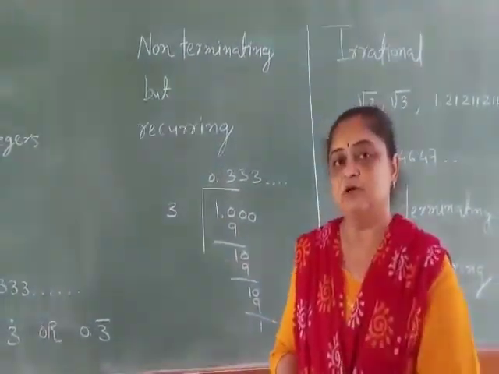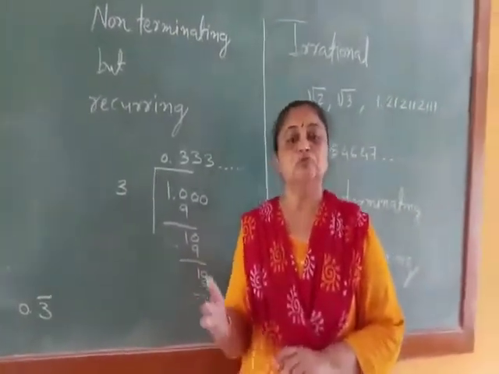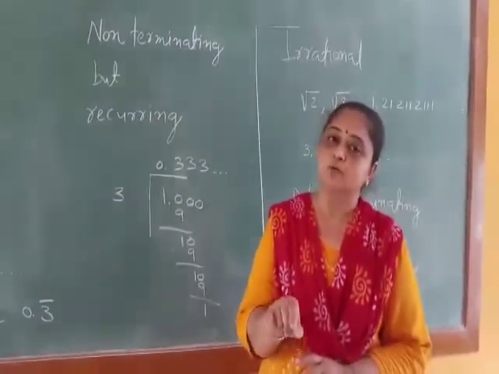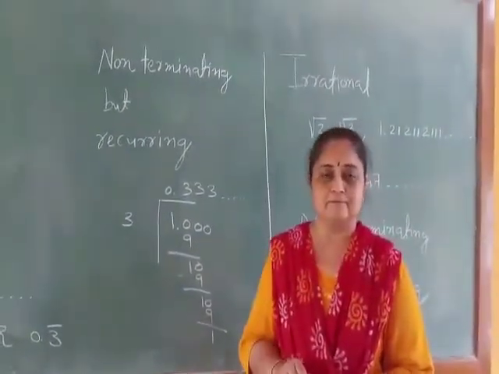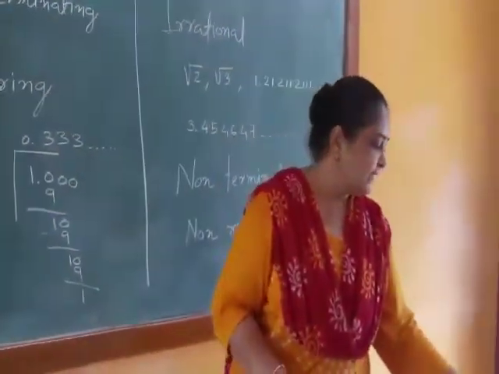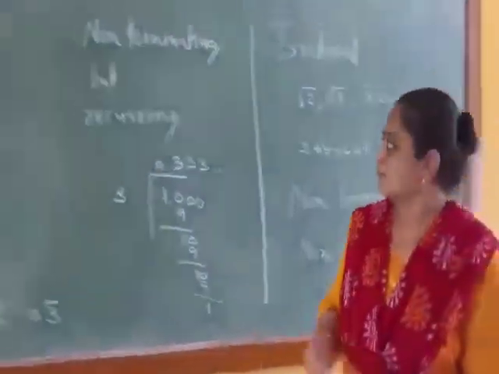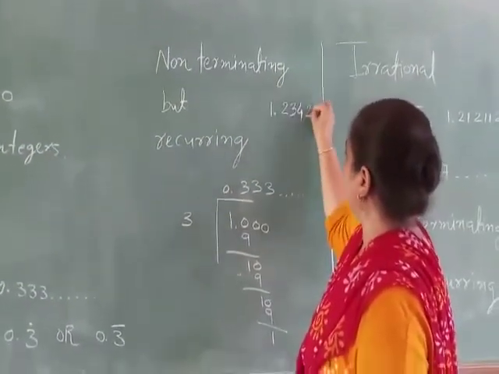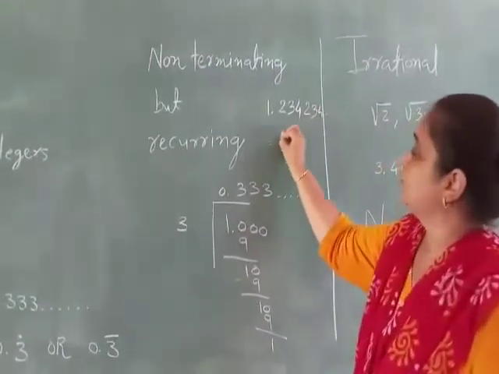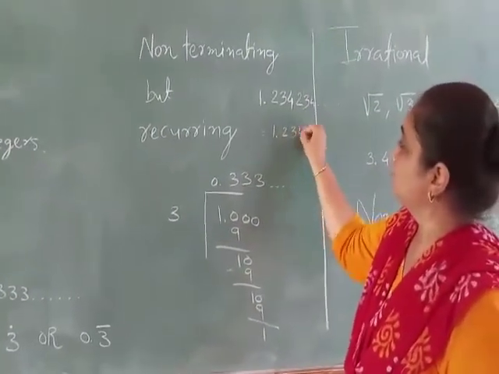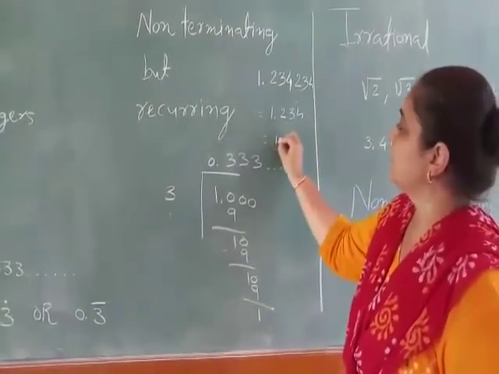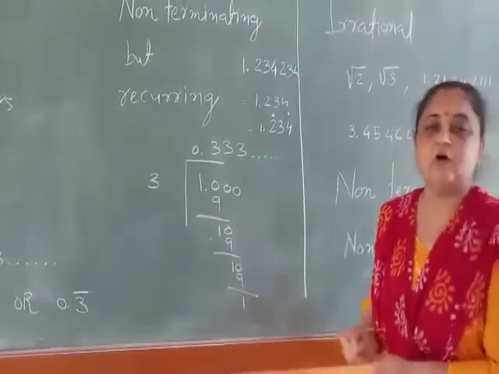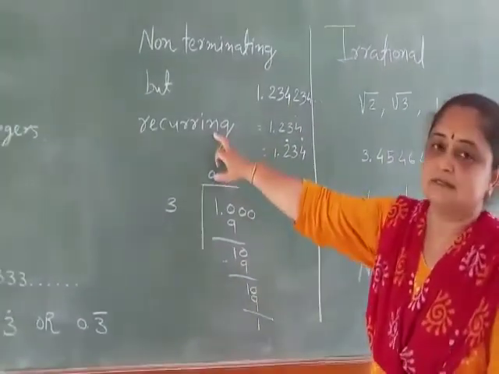Not necessarily is only one number repeating every time, sometimes 2, 3, 4. So for those numbers which are continuously repeating, you should put dots or a whole bar. Suppose numbers are repeating like 1.234, then 234, like that. So we need not put a dot on all three, but you can write a dot on the starting number and then the last number. This way also you can represent recurring.